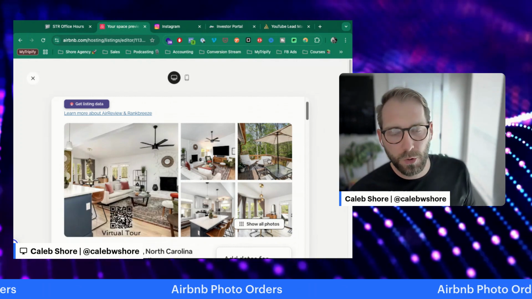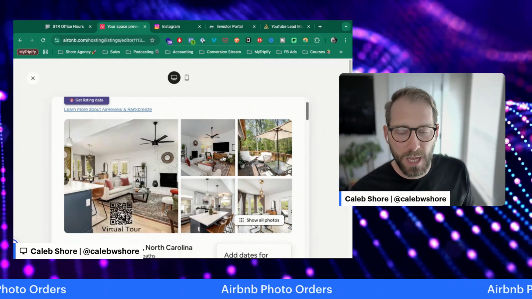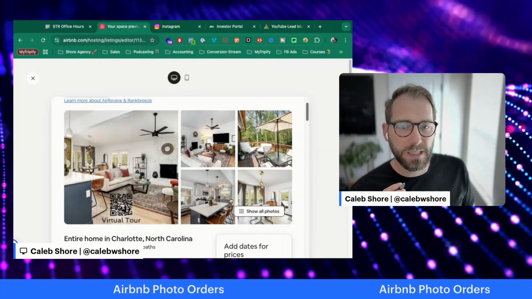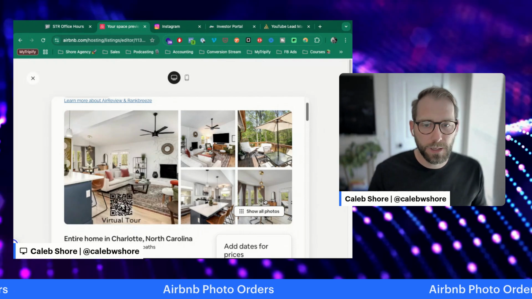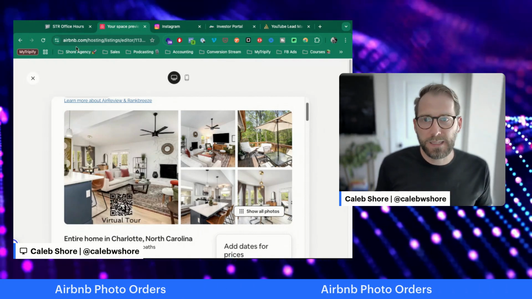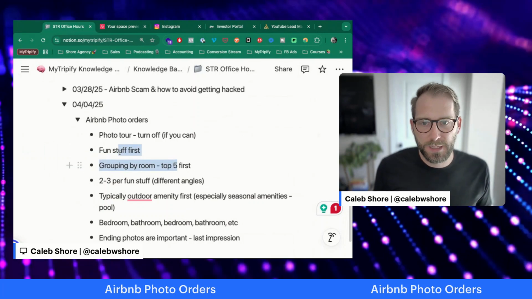You've got this outdoor area here where people can chill and relax. You've got some lounge chairs, and this quickly gets people's attention. And then this is a kitchen photo. I'll drill into these quickly, but I'm putting the fun stuff first and then grouping them